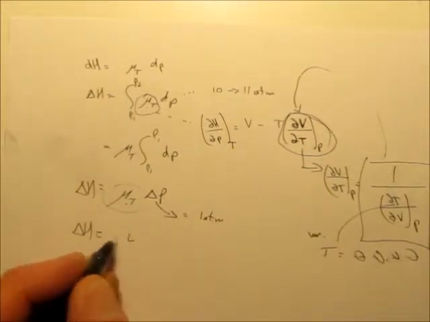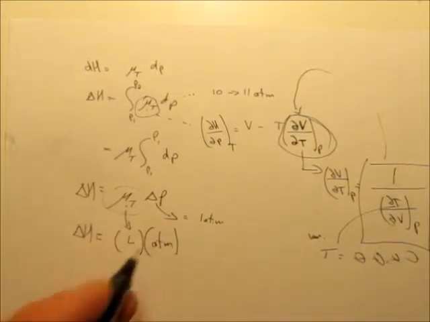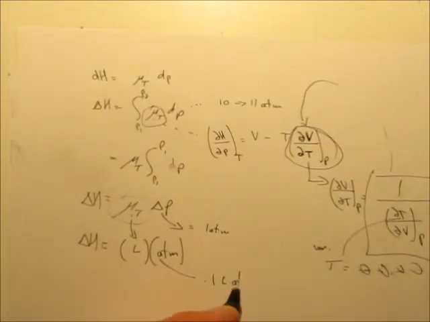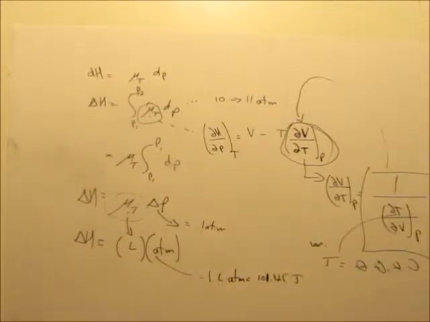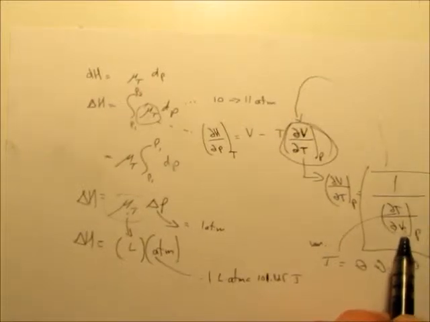So it's almost like in units, you're going to get somehow liters for this, and this could be atmospheres. And we already know that 1 liter times an atmosphere is equal to 101.325 joules. That's the conversion. So when we do this derivative here, in a nutshell, what I'm saying is,